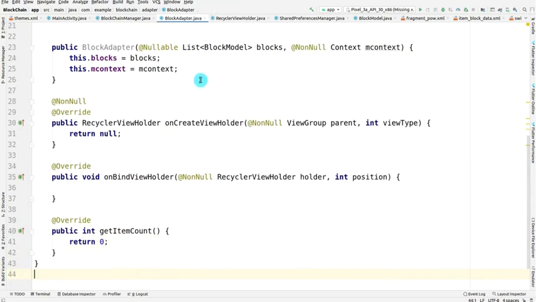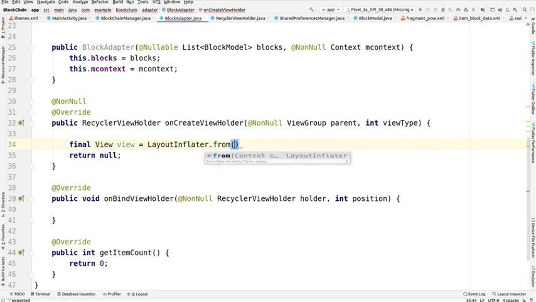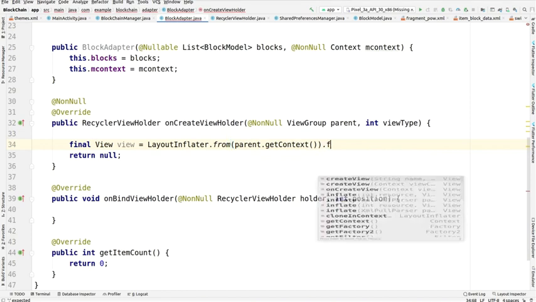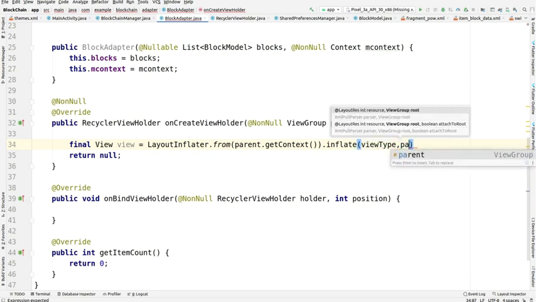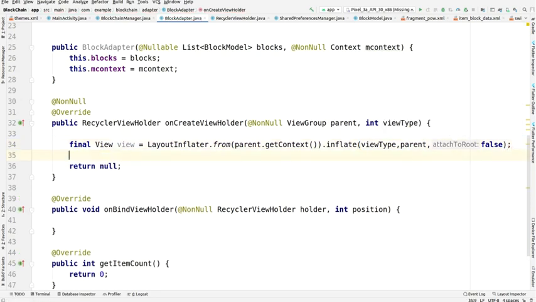Okay, and now we are in the RecyclerViewHolder onCreateViewHolder, and within this we have to give a variable final View, and we'll just go for the LayoutInflater here. LayoutInflater, press Alt+Enter to import View, and then we are just taking the context from the parent activity, and then we are inflating the viewType, parent, and false. Okay, so it is done.